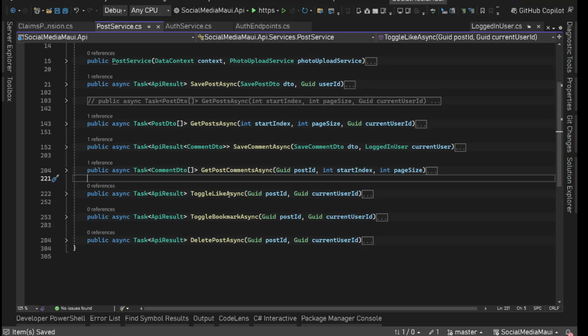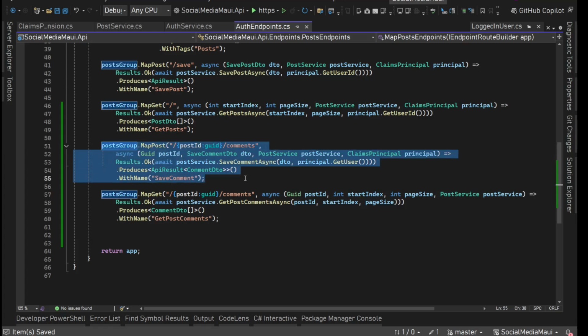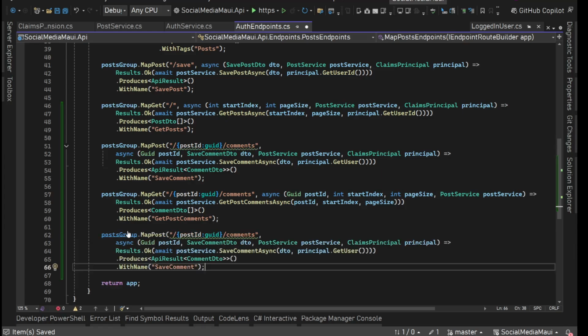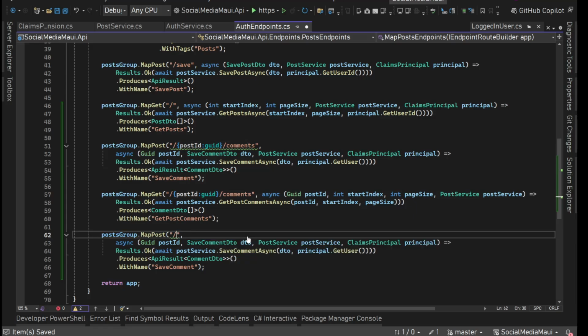Then we have toggle like and toggle bookmark. Let's do these as well. So these are also going to be post, or we can say patch, and this is going to be post. So functionality wise, nothing is different. So here we'll say post ID. Now for this we can generate URL in a number of ways, but very basic, we can simply use direct name. So let's say toggle like. Okay,